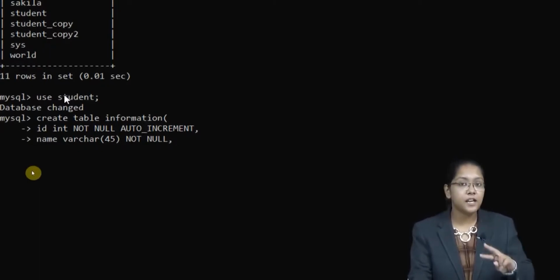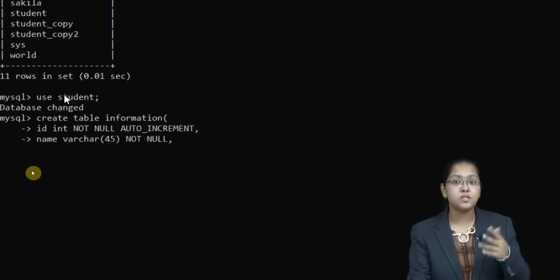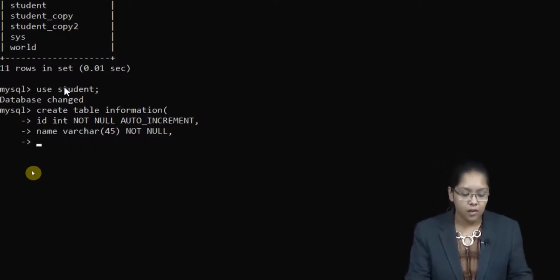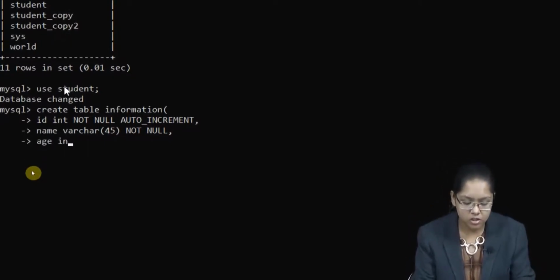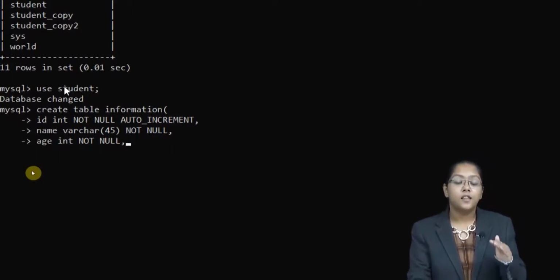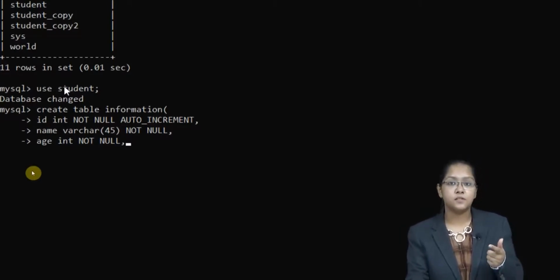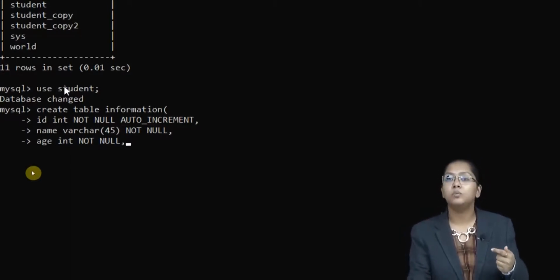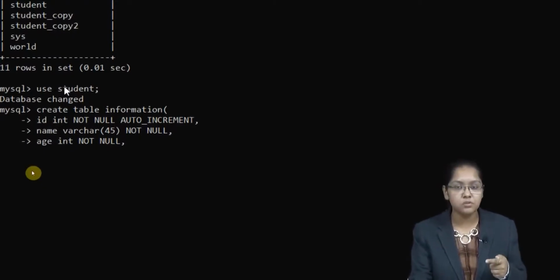Now my second attribute according to this is name. Now after this I will add age, and this is my int and not null. See, now what I have given, the third attribute is age, the data type is int, and I want it to be not null, means I want it to be filled by the user.